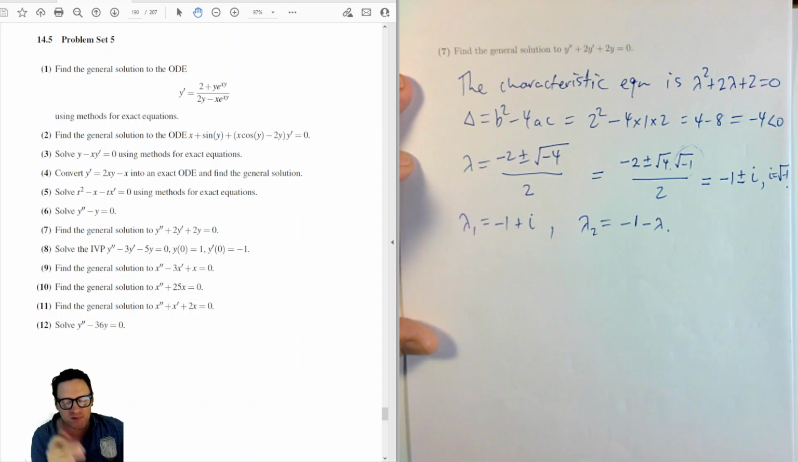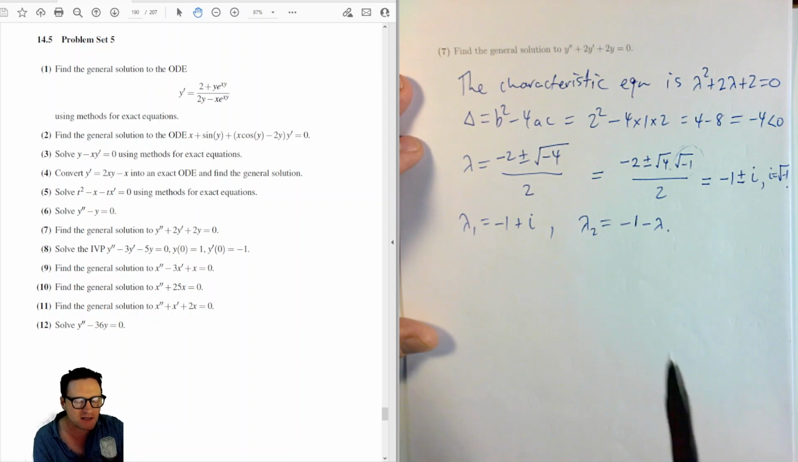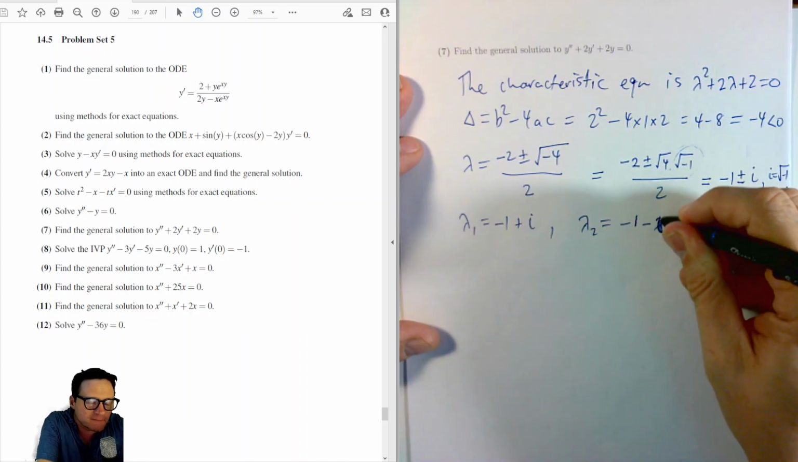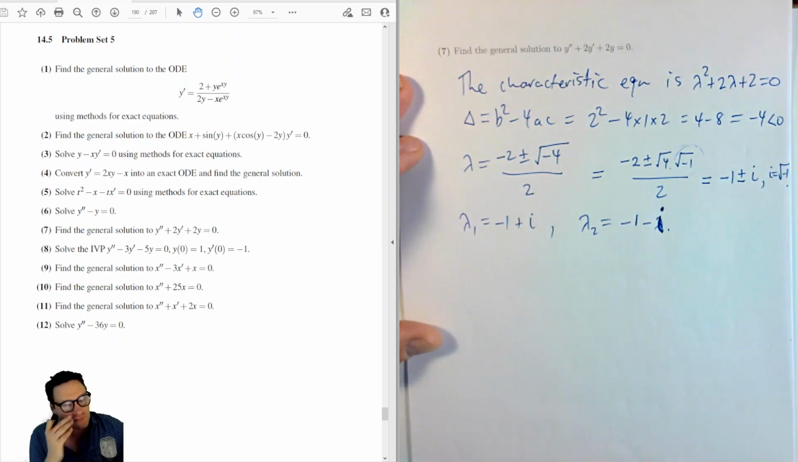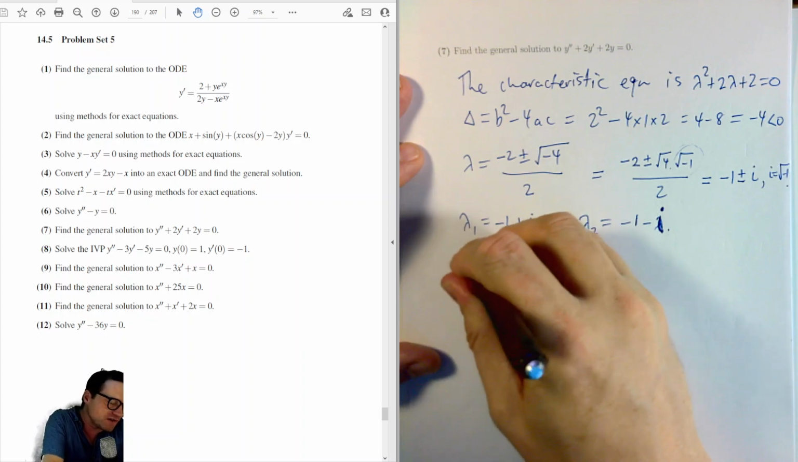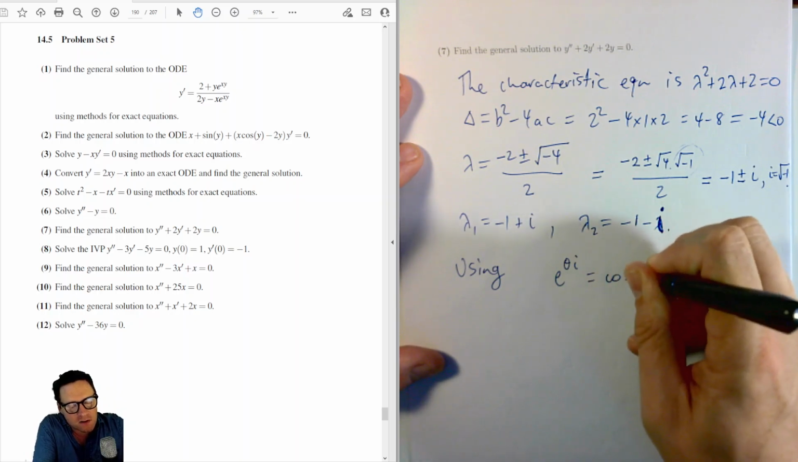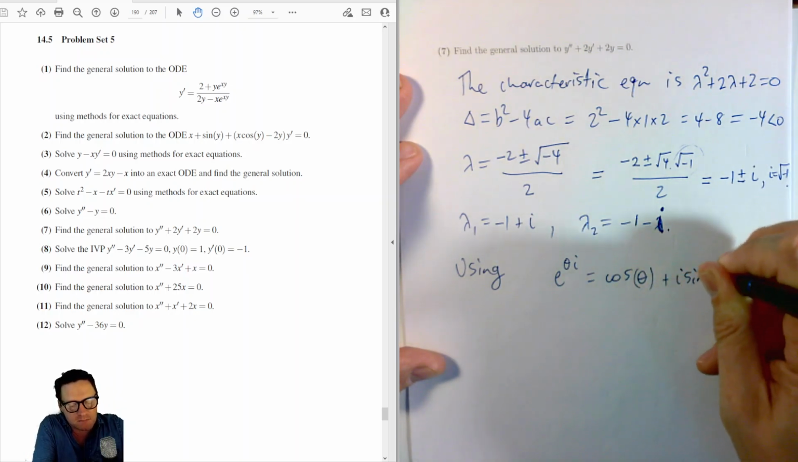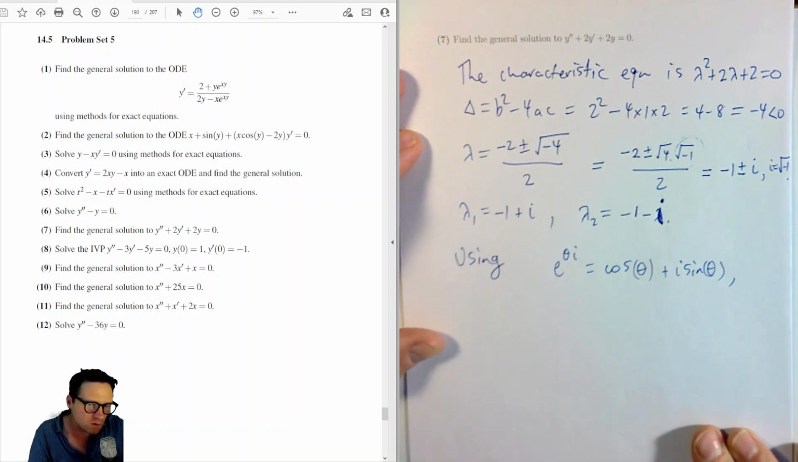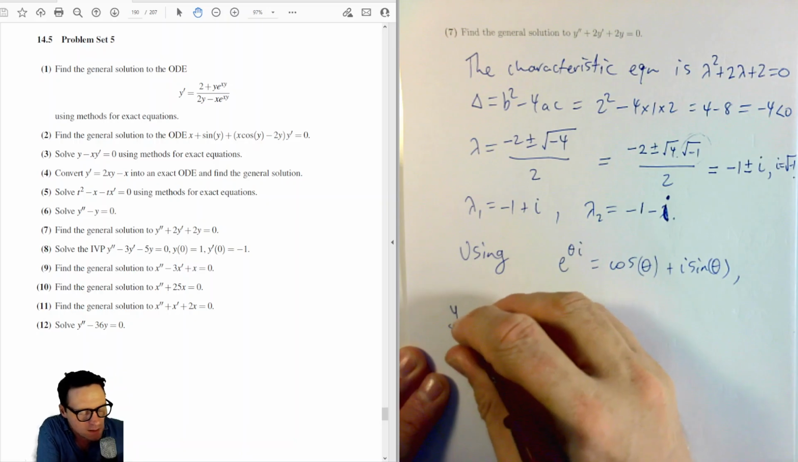Now, you can set this up in the way that we did before and call it a times e to the lambda 1 times t plus b e to the lambda 2 times t, but what you'll find, oh, I see, that should be i, right? Yeah. What you will find is that you can express this using cos and sine, all right? And so using the fact that e to the theta i is cos theta plus i sine theta, we know that we can write y as a function of t